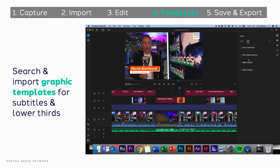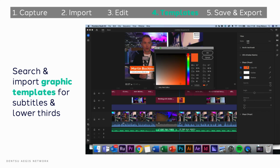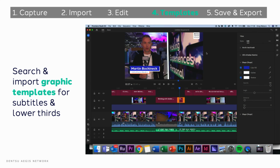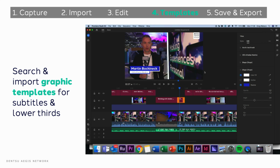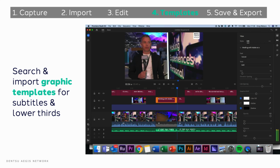So if I select orange there, I select the shape, I'm just going to make sure it's got the right RGB code. I know it off by heart, so I'm just going to select it. But you can obviously go back to my color swatches and copy and paste that in. And then I just select the other shape. And then I just use the eyedrop, make sure I got the right blue, and boom. Within, again, like a minute, you've now got really nice lower thirds, animated, and they look and feel like Dentsu